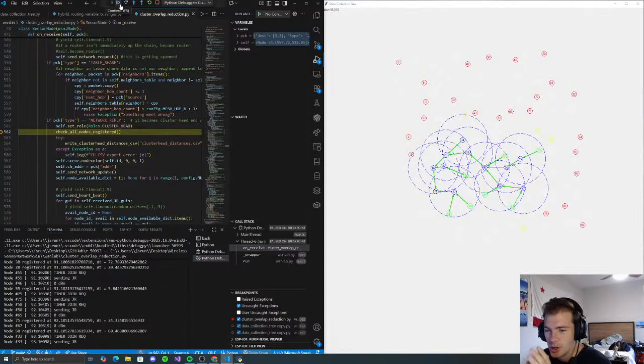So try to minimize overlap, which means in turn,